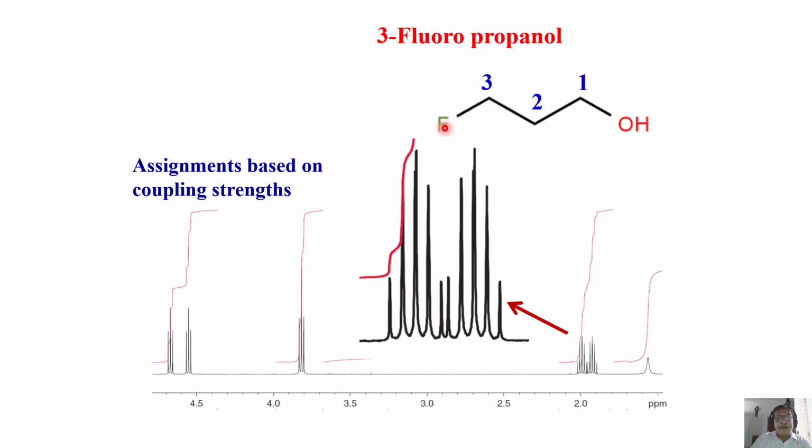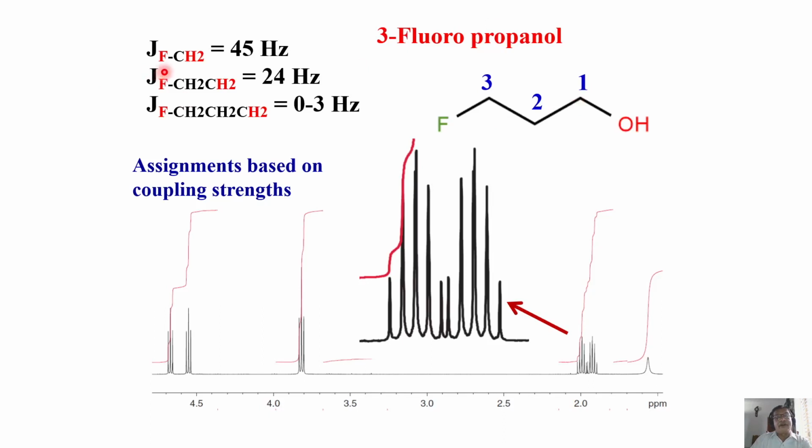But remember, 1-bond FH coupling is quite larger compared to 2-bond, and this is larger compared to 3-bond. I will give you the coupling values. 1-bond fluorine proton coupling is 45 hertz. Now, you can see a large doublet, and each line of the doublet must be a triplet. Where do you see that spectrum here? Look at this. This is a bunch. A large doublet, each line of the doublet is a triplet. Then this has to be proton 3. Also, it is attached to an electronegative atom, so it comes downfield.